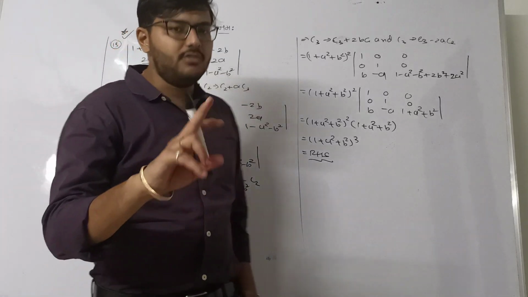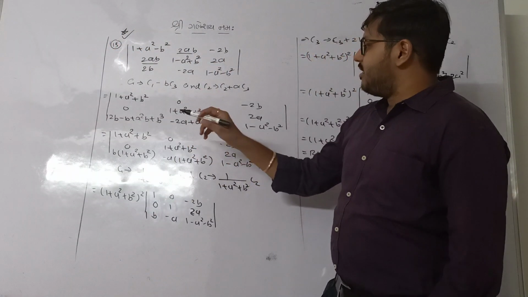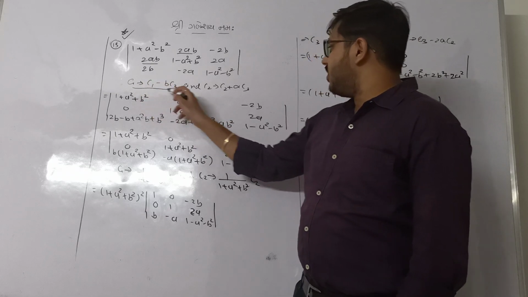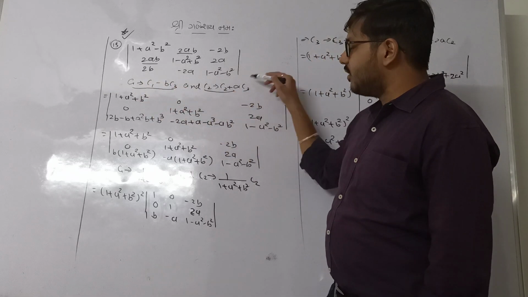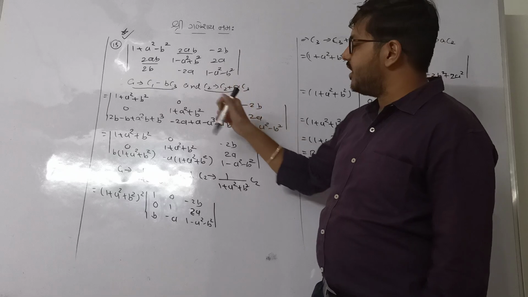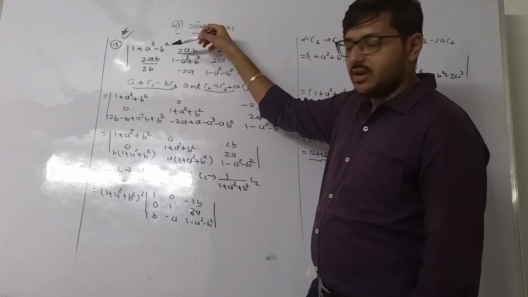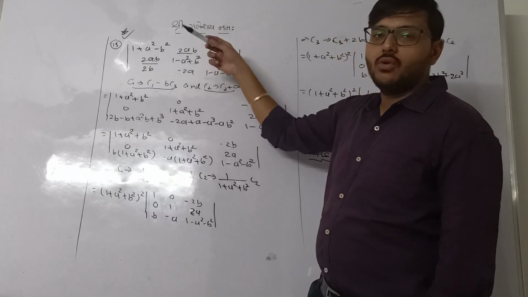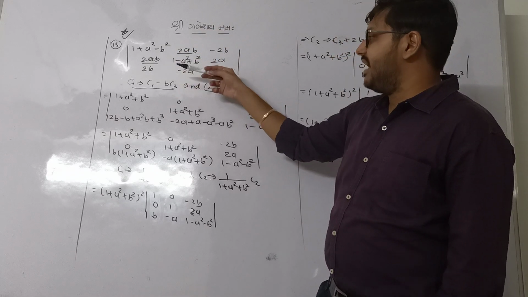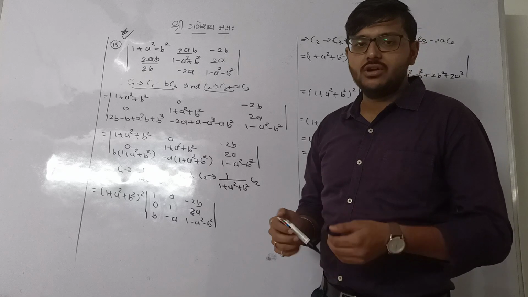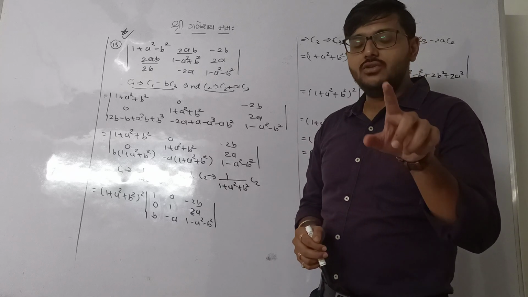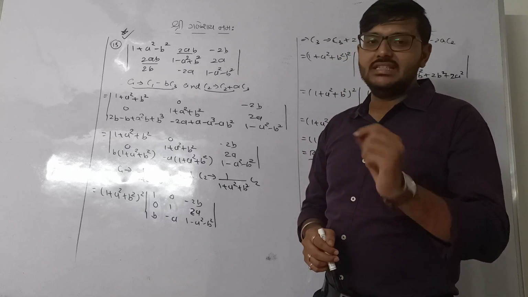Clear everyone? Now just check. The thing which I applied, I started with the first column and second column to add in the third one. The same thing you can do with the first column and third column and apply the process in the second column. The same thing you can apply with the rows also, right? So we have the flexibility to go with either row operation or column operation, but you need to decide which one will be easier for you.